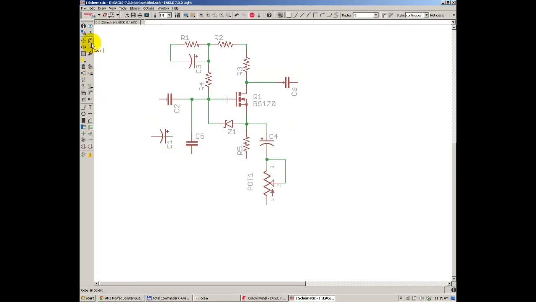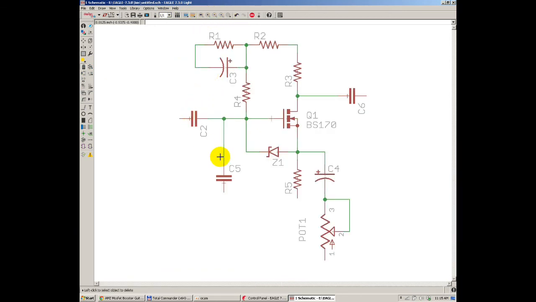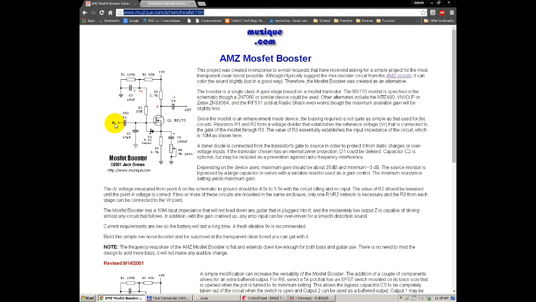Okay, you can delete the parts that are no longer needed by using the delete icon. Click and delete. Okay, you can zoom to fit and see the whole schematic here. Next thing you'll have to do is add all the other symbols to your schematic, like ground connection, input and output ports, and